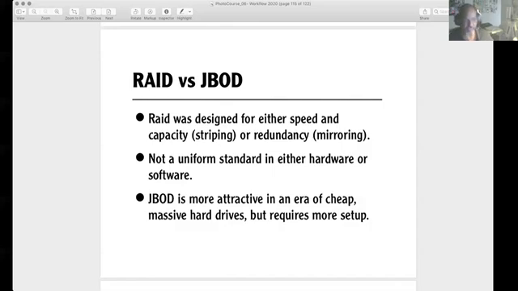RAID was great when data storage was really expensive. I find JBOD, which stands for just a bunch of disks. RAID used to stand for redundant array of independent drives, so JBOD was like a snarky rebuttal to it. Now you can buy 8 and 12 terabyte drives on the cheap, well, not cheap, but